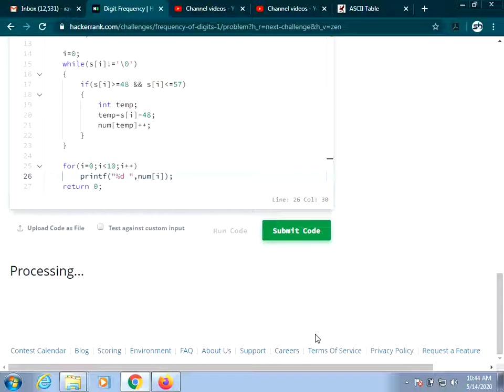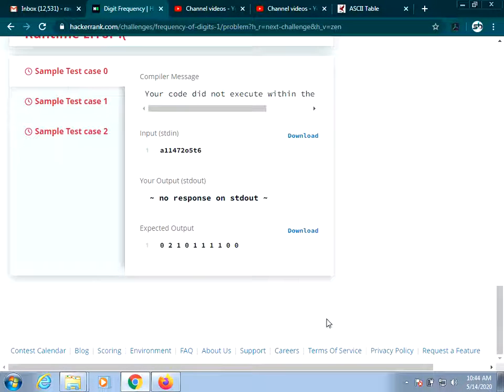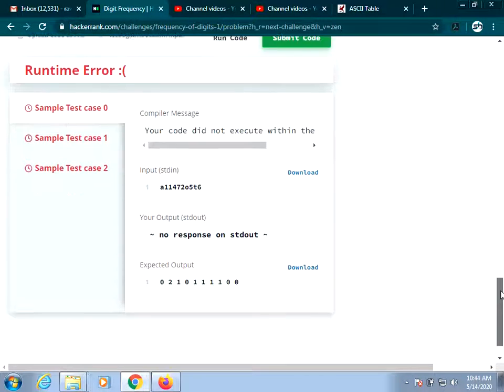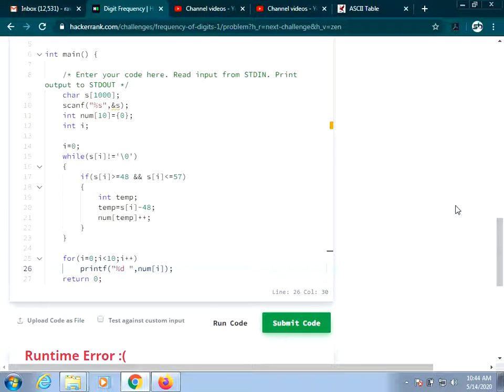So first let's compile and run the code. There is no response on the standard output. Just check the code again, what mistake we have done.